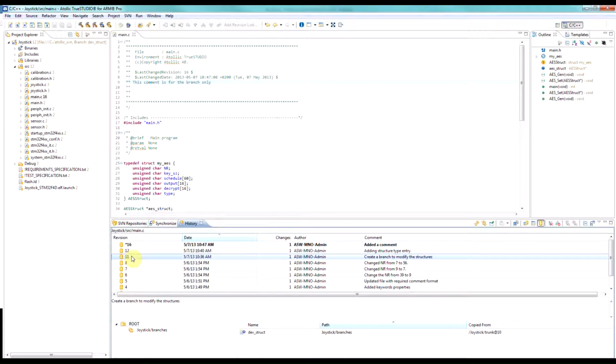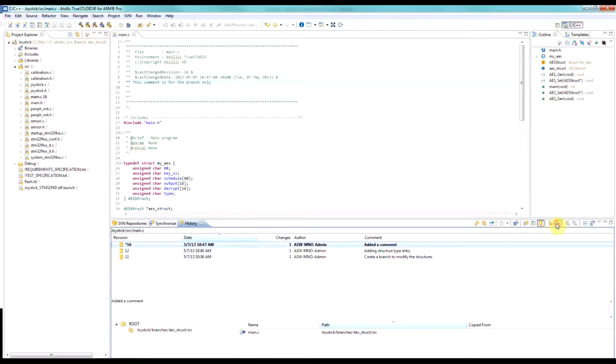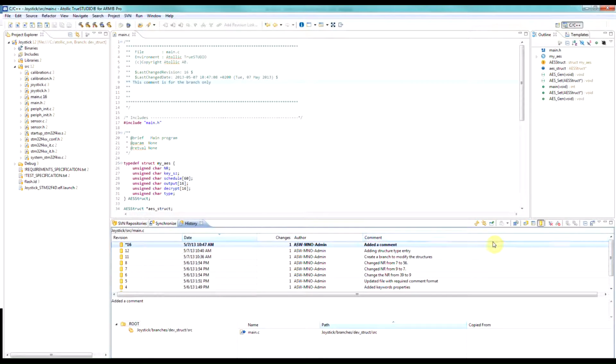If I only want to look within the scope of the part of the project I'm in, within the branch in this case, I can filter out everything else, and that's quite easily done by clicking here. And the stop on copy effectively says at the point that you copied, in other words at the point that you moved or copied from the trunk to the branch, I don't want to see anything before that point in time, and so that is this effective filter here. Now looking at the same file here, you see it's got 16, 12 and 11 as the three revision numbers within the branch. If I then switch